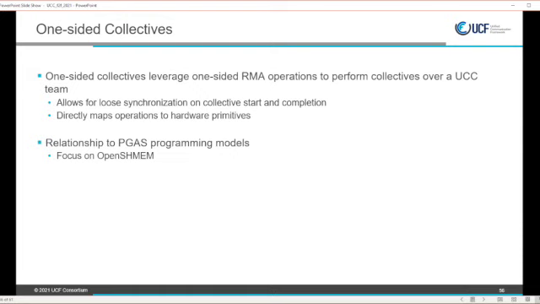It's important that we provide these one-sided collectives so that we can provide clearer support for PGAS programming models, specifically OpenSHMEM, but including others as well, as they are already allocating and registering large areas of memory with the NIC at initialization time. This allows them to use RMA operations for point-to-point communication and RMA operations for collectives as well.